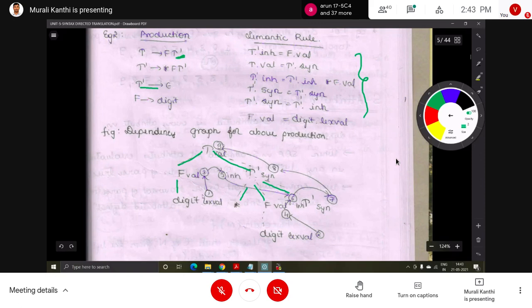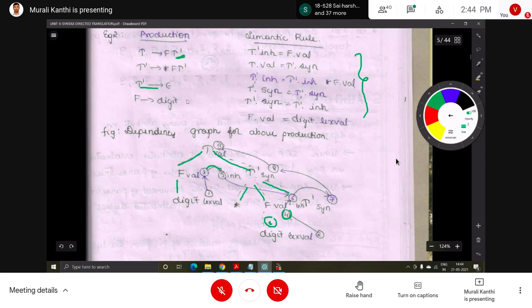Here, first perform this operation, digit.lexval. Then next perform the F operation only, where a digit is there. This is the second operation. The third one is to copy this value to F. Next, copying this value to F is the fourth operation. Next, give the F value to T', that is the fifth operation.